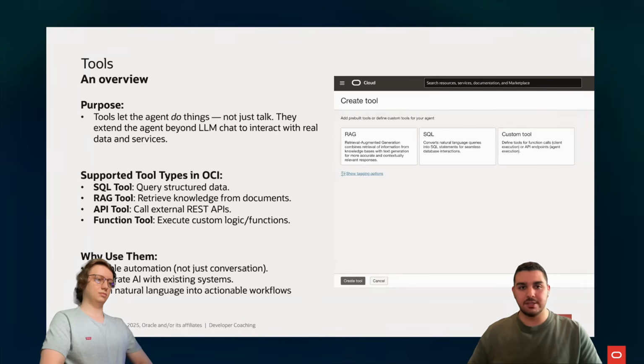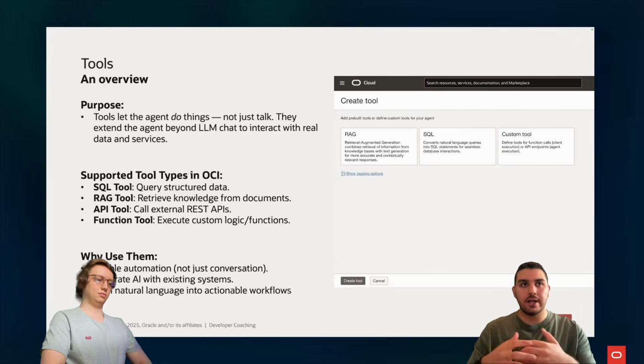So what does this actually mean? Well, your agent is able to understand and incorporate information, but now with tools, you're able to extend that information and actually apply it in the real world with different scenarios. So it allows you to automate different processes, integrate your AI with your existing systems, or develop a whole flow for it specifically. But in essence, it really is about turning your natural language into those actionable workflows.